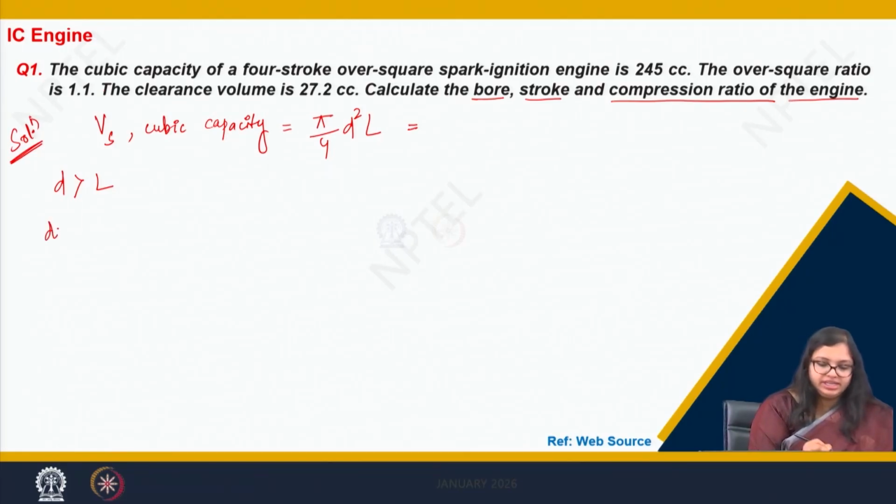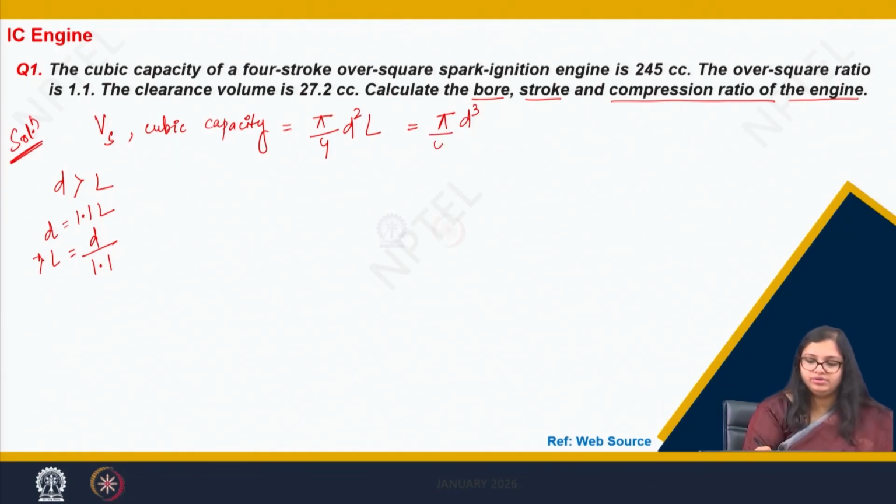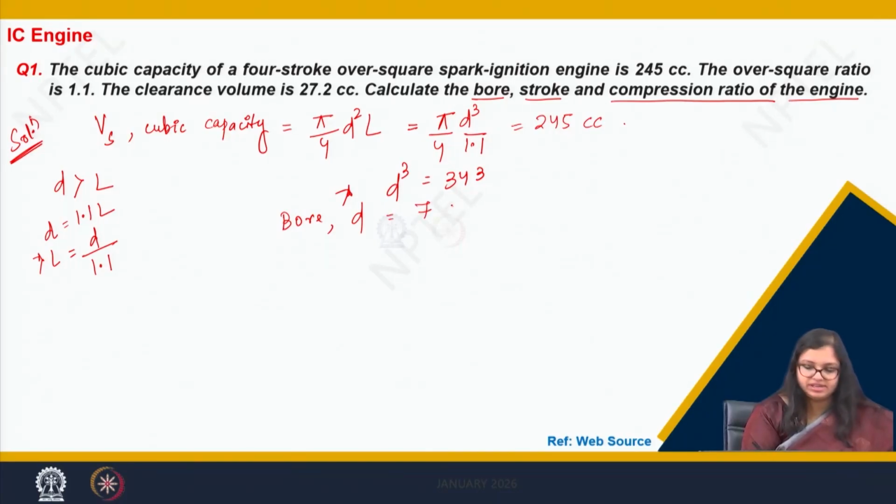So d is equal to 1.1 L. So here my L is d by 1.1. So in place of L we can put d cube by 1.1, which is equal to 245 cc. So if we find d cube is equal to 343, my bore diameter d is equal to 7 centimeter,